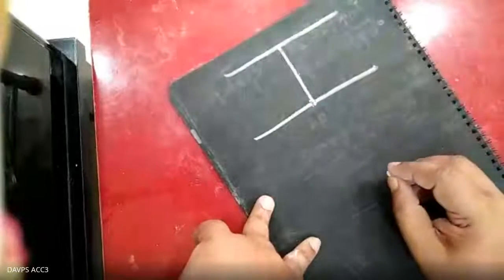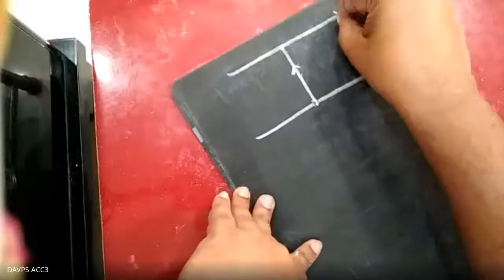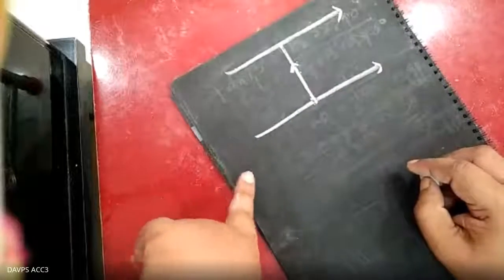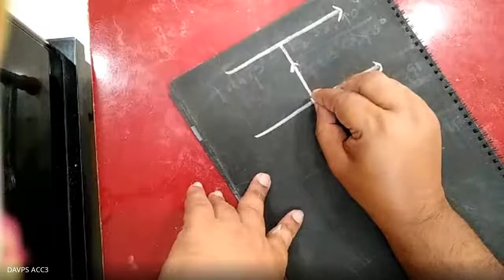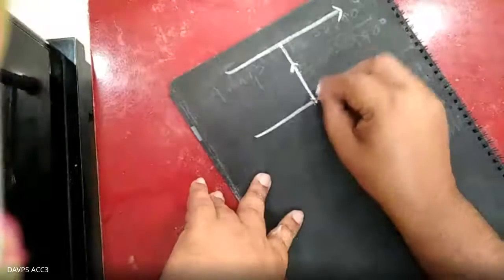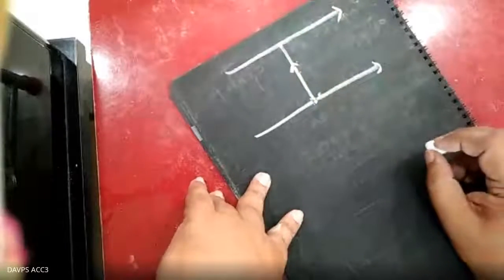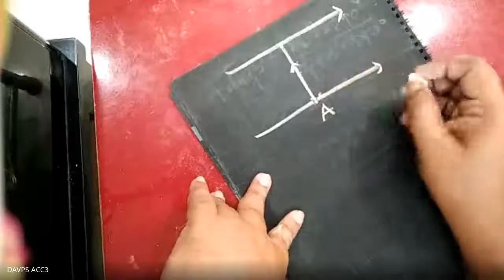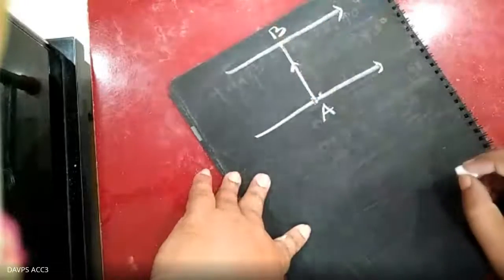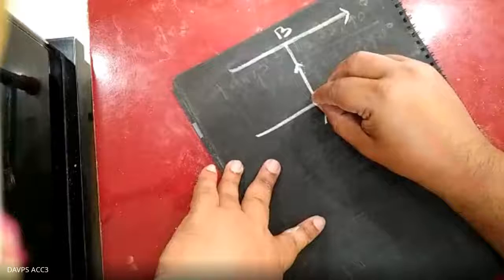He wants to reach just opposite, which means the resultant will be along this way. It is clear the river is flowing along this direction. The river water is flowing towards the right. If he starts here, simply the boat will be blown in this way, so it will not reach exactly the opposite point. He started his journey here, at A, and he has to reach just opposite to its starting point, B. So in which direction does he have to start the journey? He has to move along this direction.